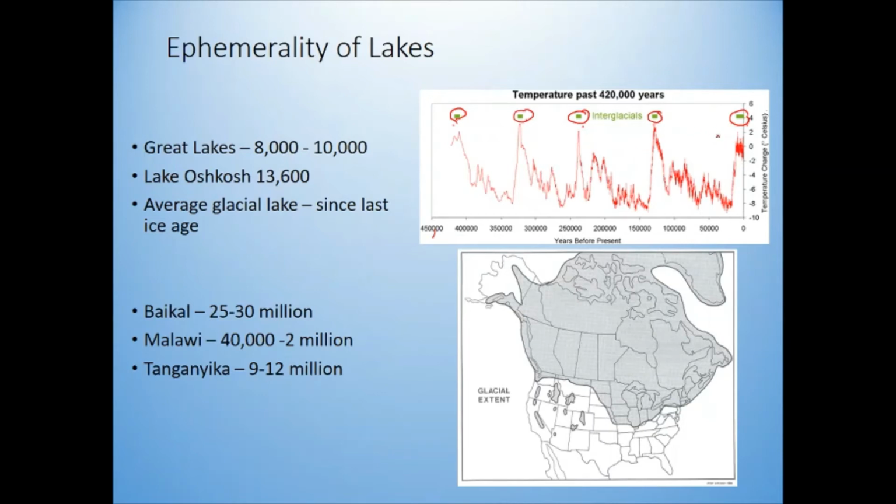So the thing about this though is this glacial period right here. Let's say there was a bunch of lakes created in this glacial period that appeared in this interglacial period. Well, it's essentially like the bulldozer came again and completely flattened out and made all new lakes right here. Okay, so the average glacial lake is really only as old as, at max, about 20,000 years. Whereas Lake Baikal is like 30 million years old. It's been there forever.